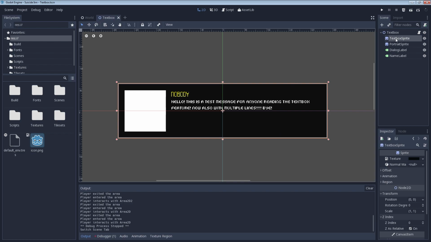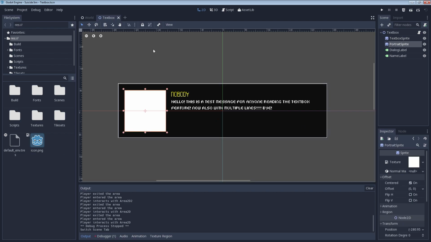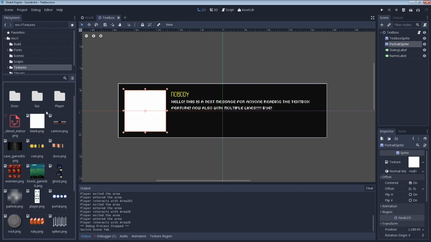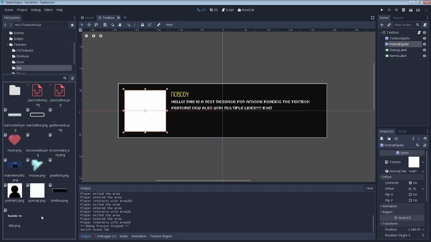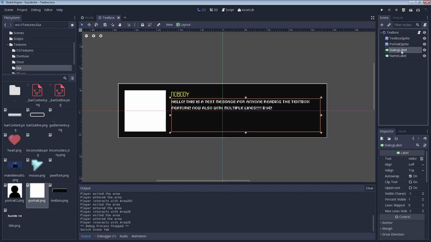So again, just normal sprites here, a text box sprite, so this is the background image basically. Then we have portrait sprite, that is this rectangle right here. I have 2 different textures for that, this and that one. And we have labels. These are actually part of the UI control nodes, and I find them quite useful,